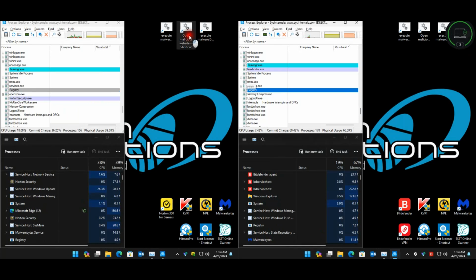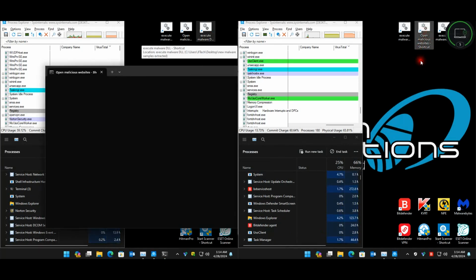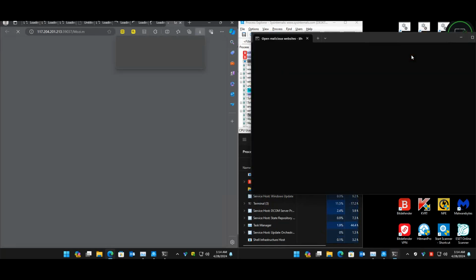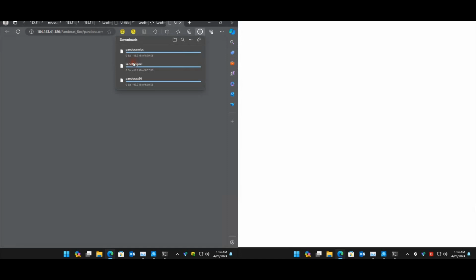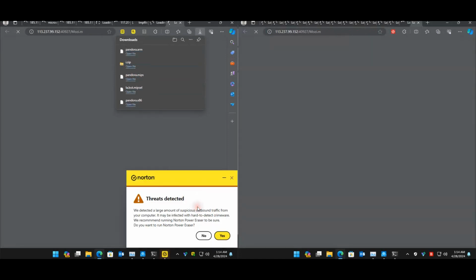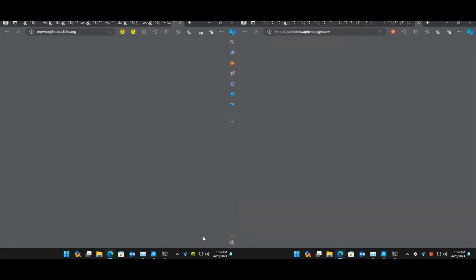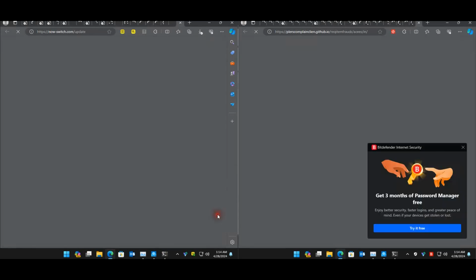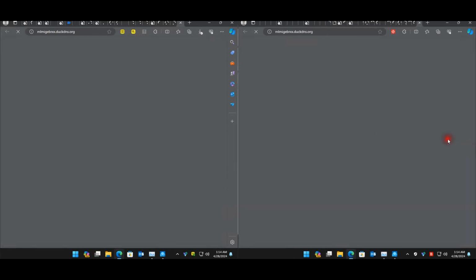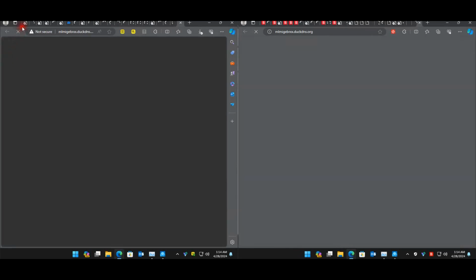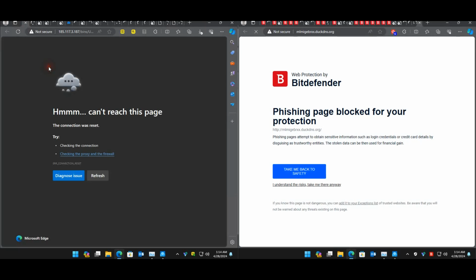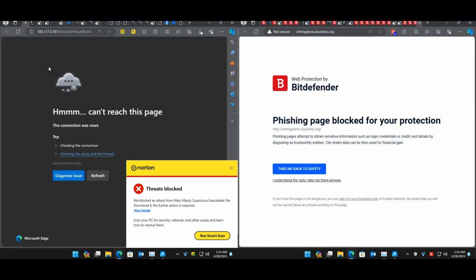So that first test is obviously the malicious website test, which is a combination of phishing sites, sites that do download malicious files, and things like that. Nope, we do not want to use NPE. Nope, I do not want the password manager. And these are the exact same links that we used in the Kaspersky and ESET test. I did not update them to newer links. So these are the same links.